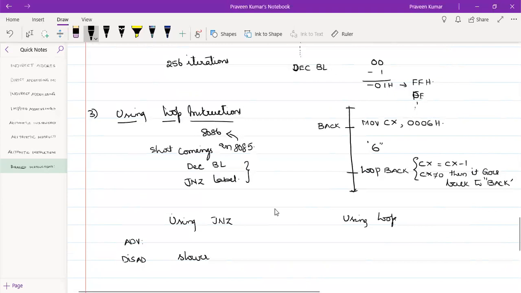But using LOOP, there is only one instruction which will be executed, so it will be faster. But with JNZ, the program will be more flexible. By using LOOP, the program will be rigid.